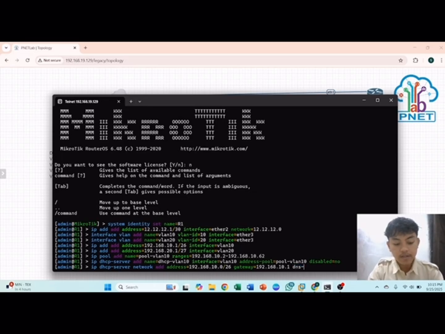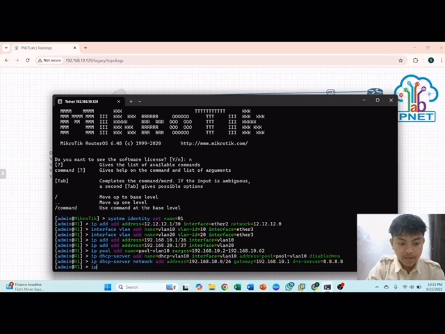And the next server is the same. You can click enter.